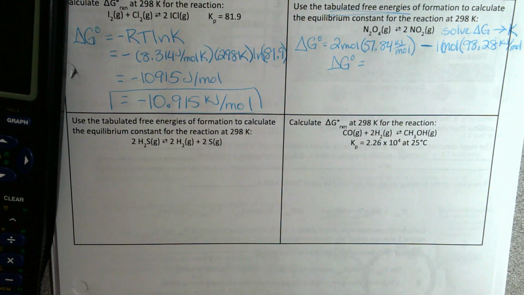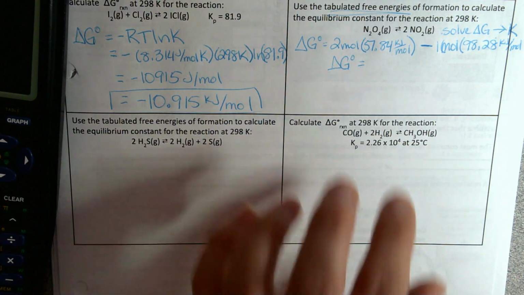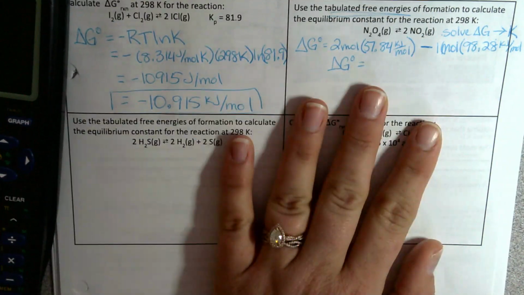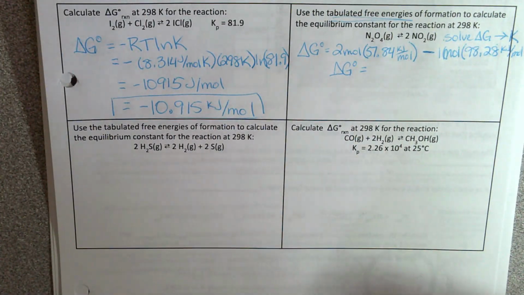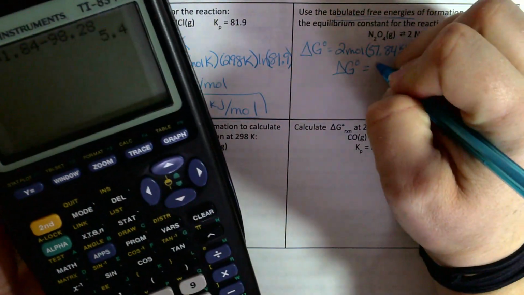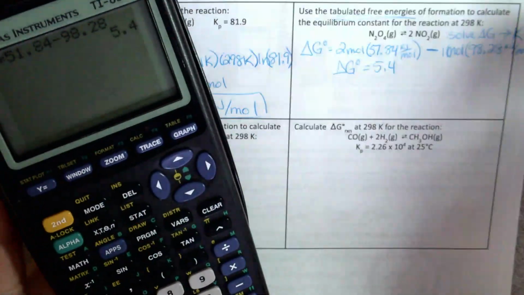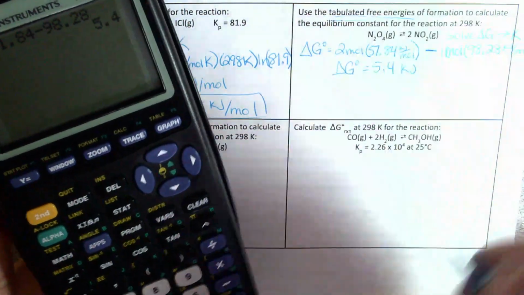All right, so looking at this one, NO2 gas 51.3 versus N2O4 99.8. So I bet I used this resource, not the other resource, because when I did it, those are the values I used. So we'll just go with the ones that are on our sheet. So what'd you get? 5.4. And remember, that's in kilojoules,